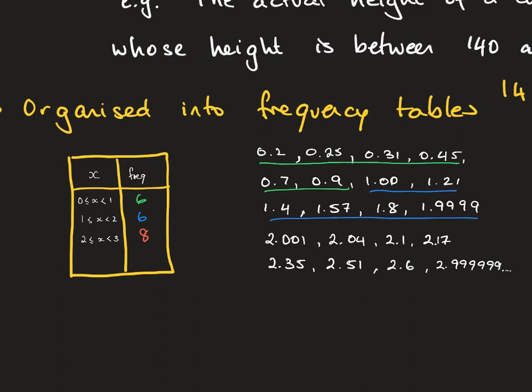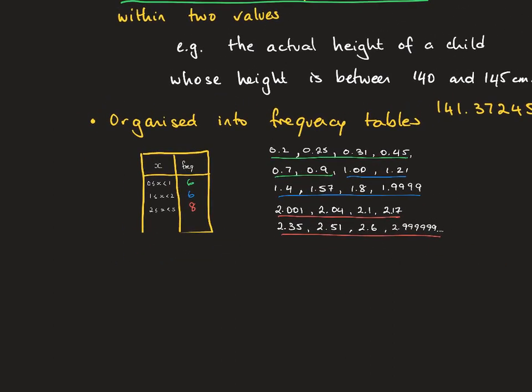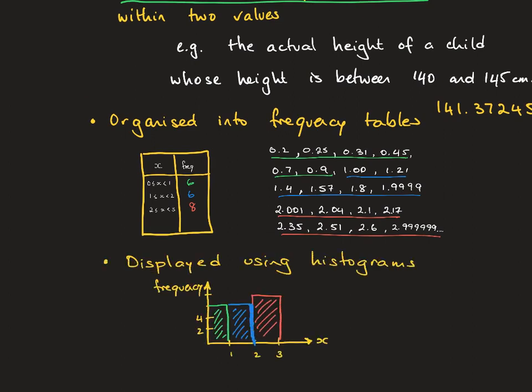And finally, the numbers that fit equal to or greater than 2. So x is between 2 and just under 3. And they are these numbers here, including the 2.999 with infinitely recurring 9s, because that is not 3. So we organise our continuous random variables into frequency tables. And then if we wanted to graph them, we graph using the data from the frequency table into histograms, displaying